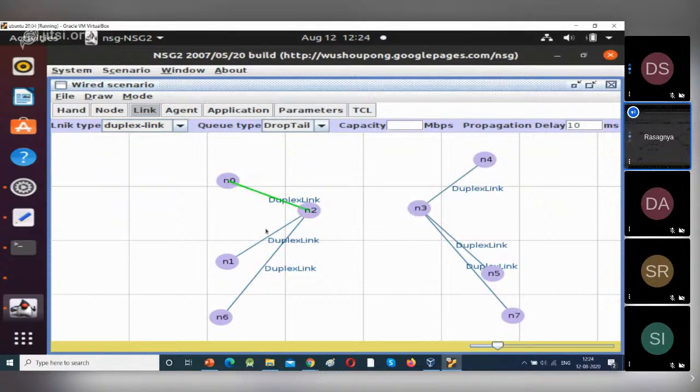It is 100 for these links, and I'm changing it to 5. After changing the capacity, just connect these devices. That is, click on N2 and click on N3. It is already in default, that is, already drop tail. So first connect these devices, that is, we are not changing the capacity of these links.